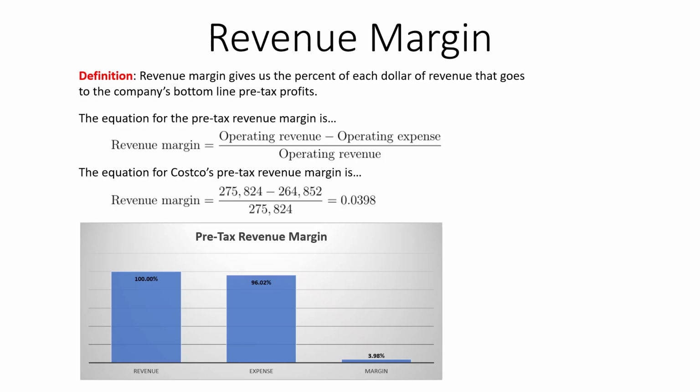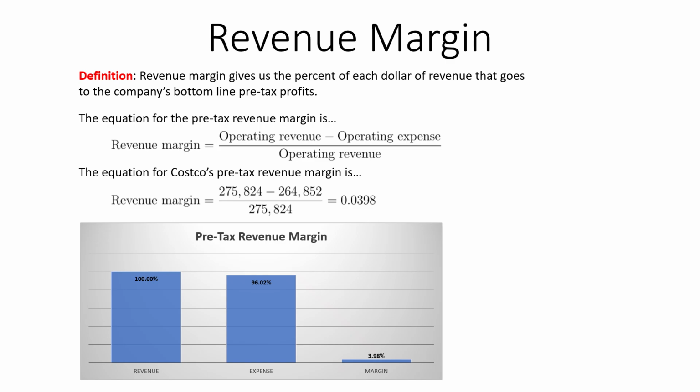What does that mean? If you look at the pre-tax revenue margin graph right below that, you'll see that on the revenue side, for example, if I buy something at Costco for $100, the question for Costco is how much of that flows through to my bottom line. In other words, of that $100 in revenue, how much is really available to my common stockholders, and that'll have a huge impact on share price.